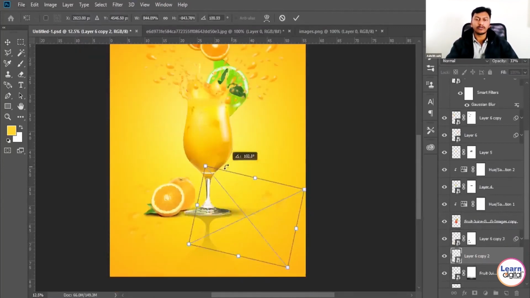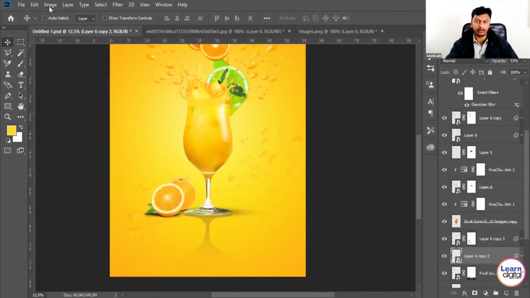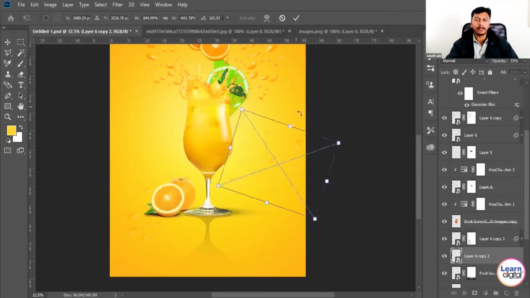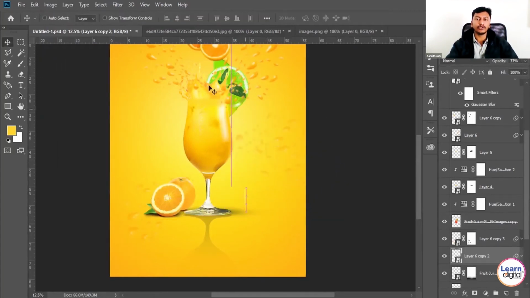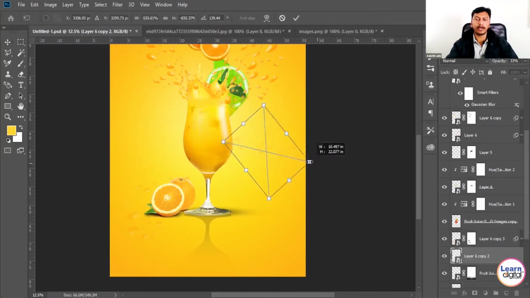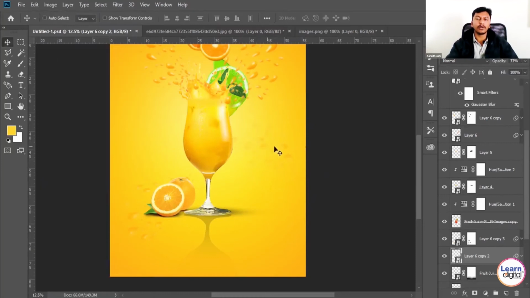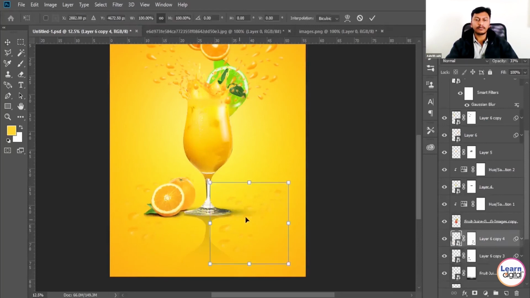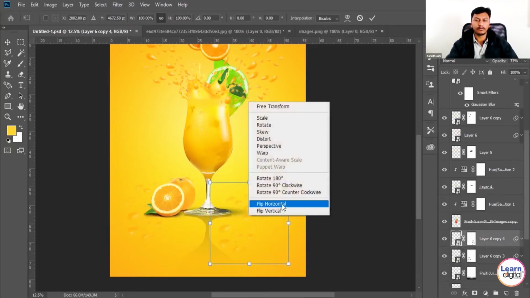A lot more things you need to concentrate on, because we've already given shadow for the glass and reflection for the glass. As it is a floor, you need to show some splatters or water droplet kind of things in the background also. Then it looks more natural. So just try to place it properly, which looks more impactful and more beautiful.